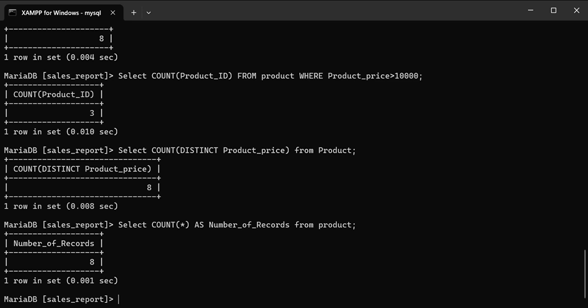Another example is using count with group by. The count function and the group by clause are used to return the number of records for each category in our table. So let's put it in an example.